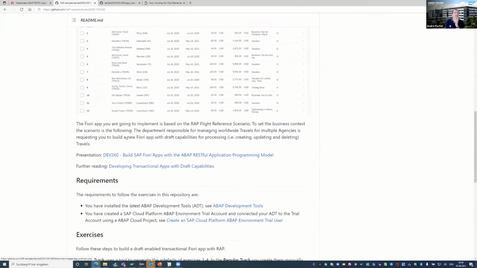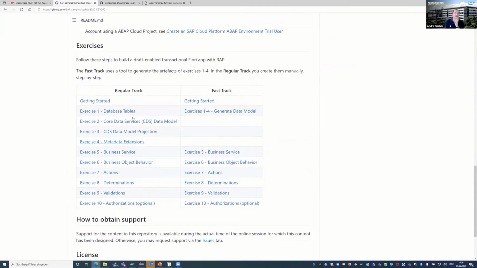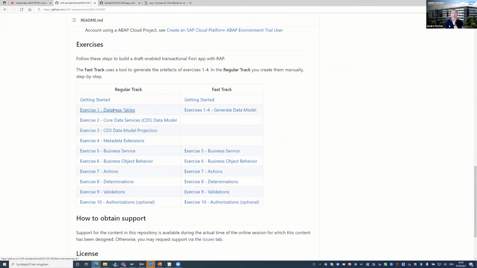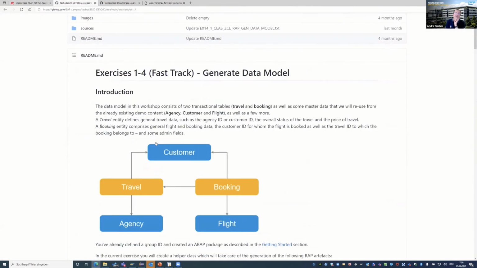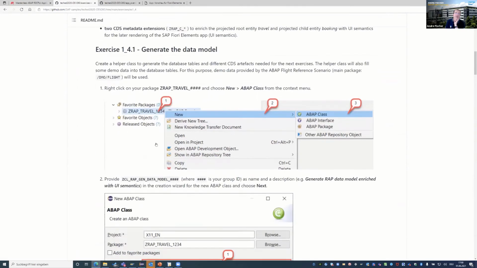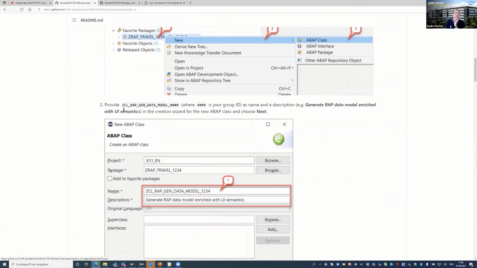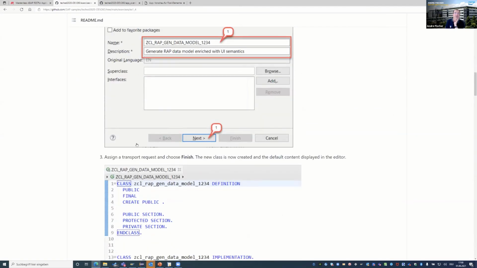And here it is described how to start. You can have two tracks. If you follow the regular track, you would create each and everything step by step. And in the fast track, you would start with creating an ABAP class, and we have provided code for that.